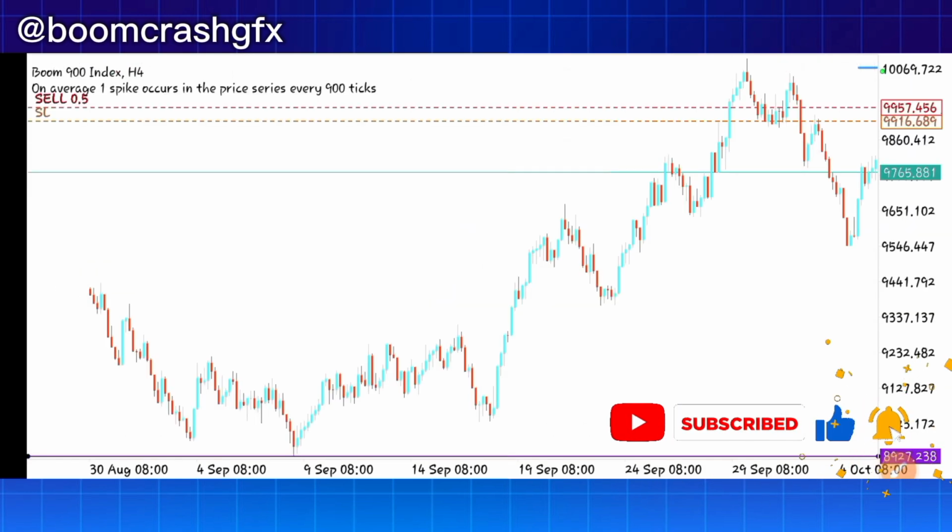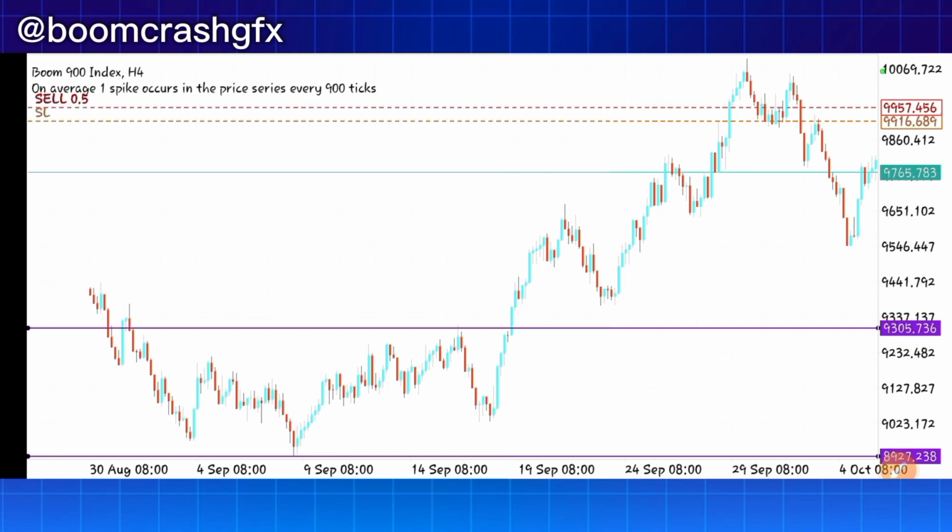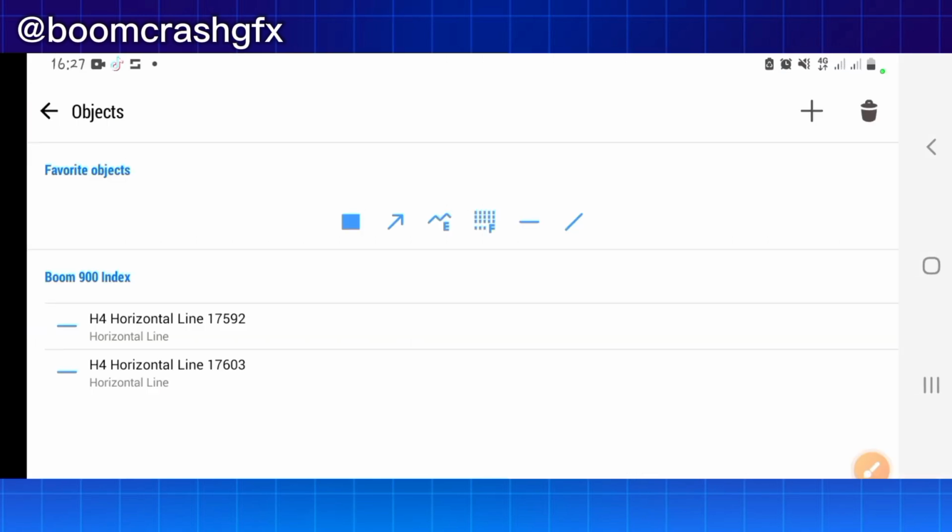The reason why we're using this horizontal line is that once you plot a horizontal line on your chart, you see it stretch throughout the market, throughout the chart, to the present price action movement. So now we've identified our higher highs,